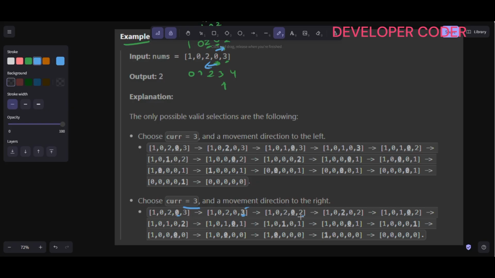So you start this, then you move here, then this 3 is going to become 2, then you change the direction. That's why you reach here, move in the same direction, you reach here, this value is greater than 0, you change the direction, you decrease the value, and you again reach here, then 0, then move in the same direction, you reach here, 2, decrease the value and change the direction, you reach here, right? Again you move here, decrease the value, since it's greater than 0, then change the direction, you reach here, right? And then after that you move here, right? Clear? And this value is greater than 0, you change the direction,